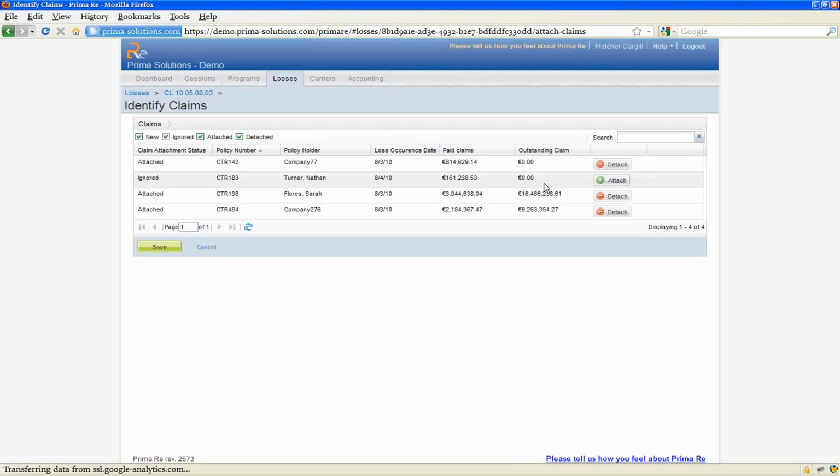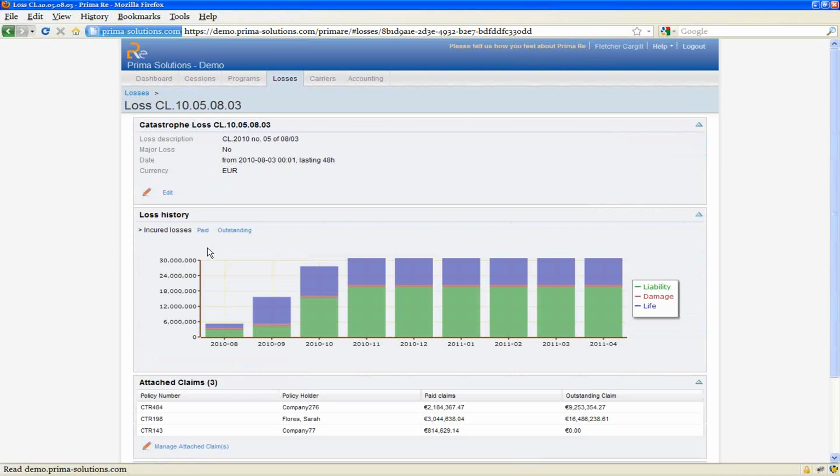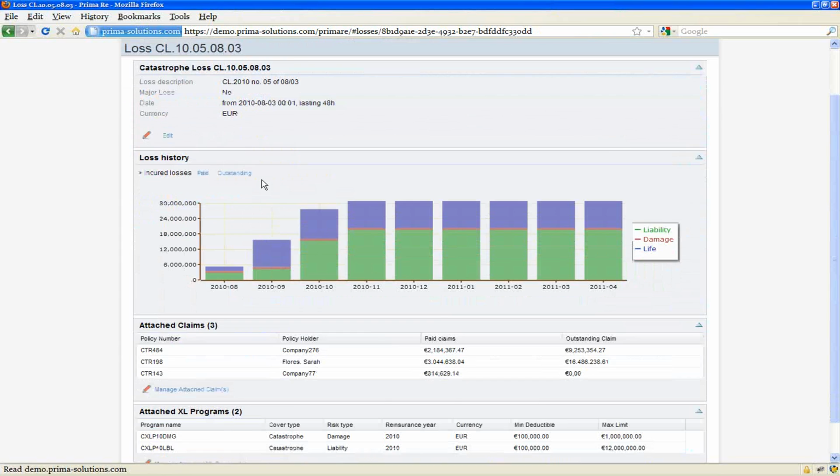So we've got this nice little feature for attaching inwards claims to the cat XL losses, and we've also got some automatic features that can be used in parameterization, so that cat XL losses can be filled automatically when you've got large numbers of claims. Okay, so that cat loss is fine. What we've